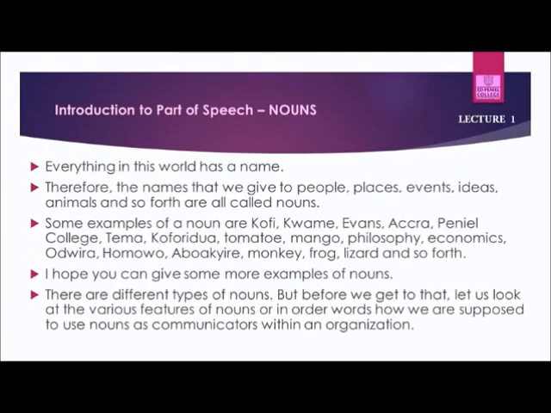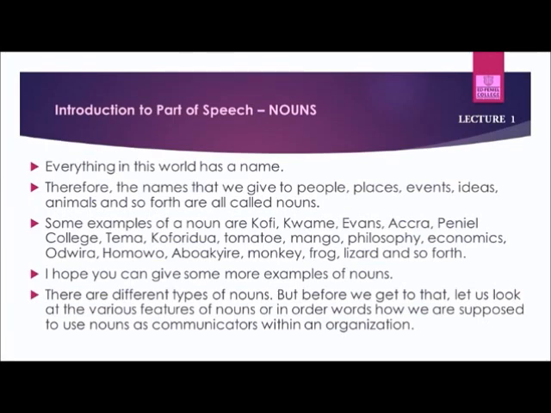You and I believe that everything on this earth has a name. So basically, nouns refer to the names that we give to people, places, events, ideas, concepts, and what have you. So once you are able to call a particular thing by a particular name, that particular name belongs to the group of words we call nouns. Some examples of nouns we can see are Kuforidia, tomato, philosophy, economics, physics, biology, business communication, and a few others. There are different types of nouns